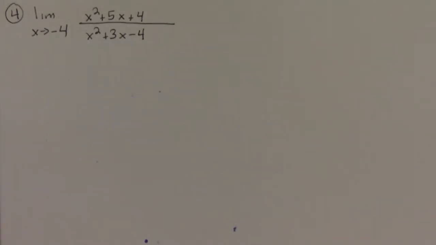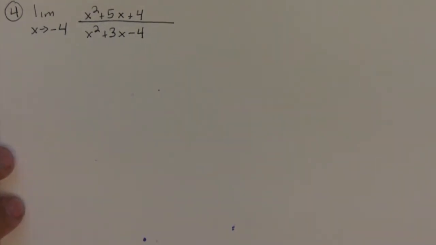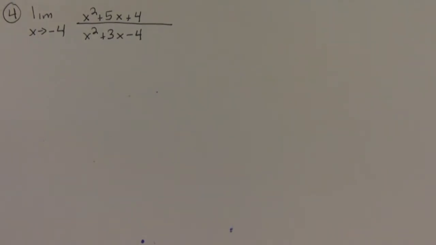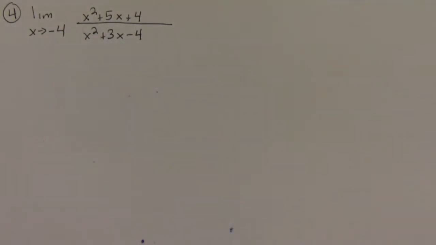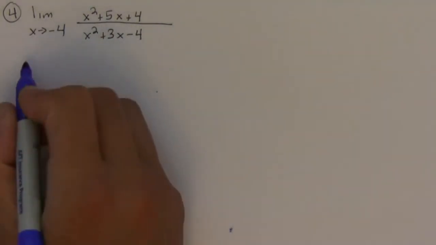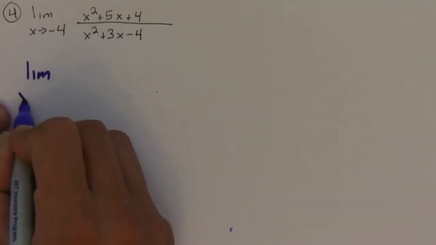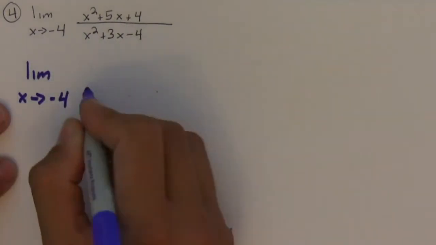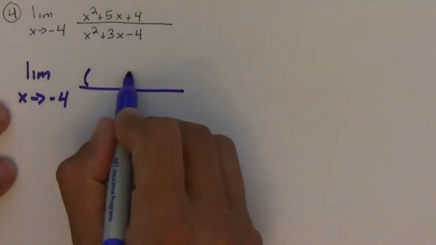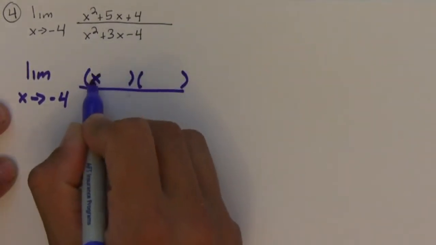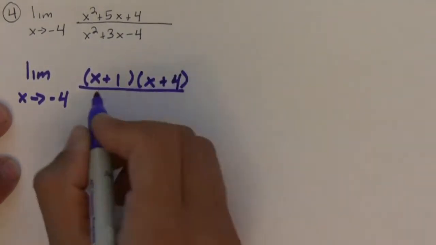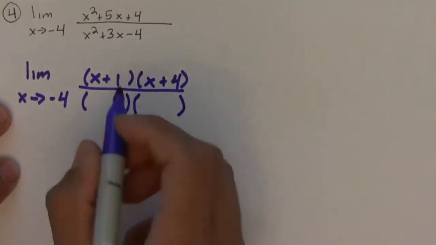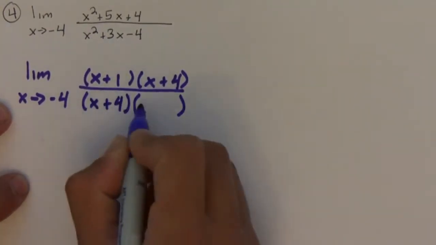Okay, so in this problem we're going to try to find the limit as x approaches negative 4. And well, the first thing we do is we try plugging in the value, but it's a lot easier to plug it in if everything's factored. So let's try doing that first. So let me rewrite it. So the limit as x approaches negative 4, and I'll factor the numerator. The numerator factors into x plus 1 and x plus 4, and the denominator factors into x plus 4, x